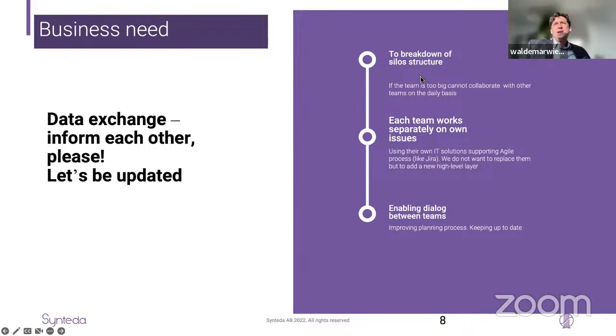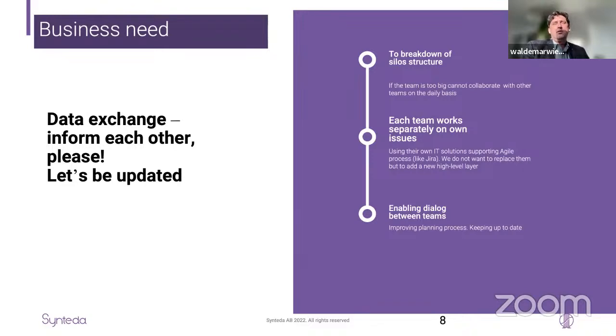First one is a danger, because if the organization is really large and they are working in an agile way, of course, if the team is too big, it's impossible to have collaboration on a regular basis with other teams. That's natural. It's called silo structure. So each team works separately and has issues communicating with others. One doesn't need to say that this is a danger for an organization because you need to manage it. I mean, it's not a good thing.